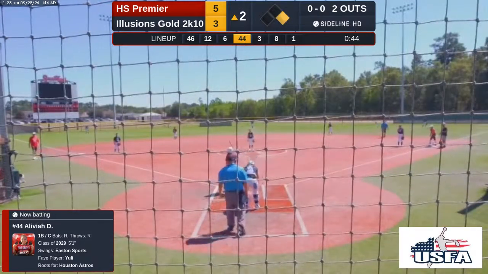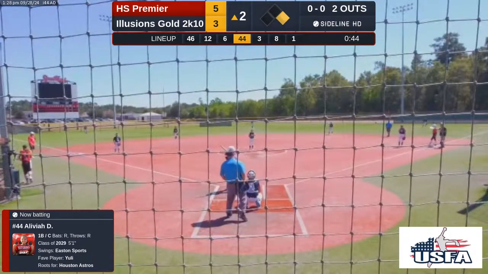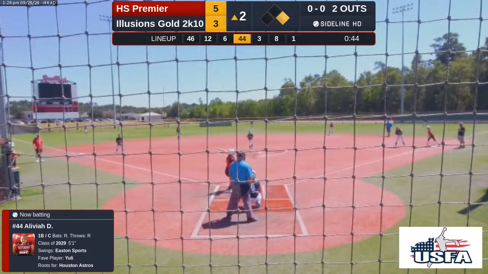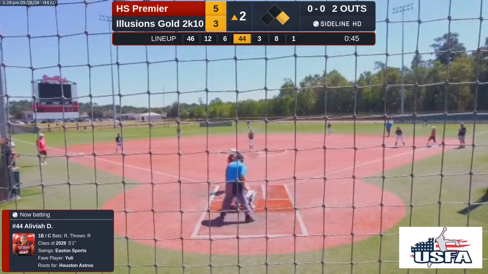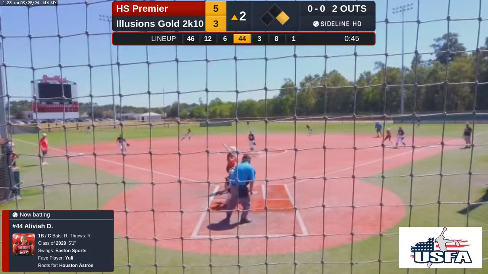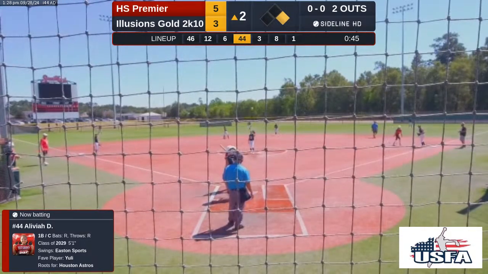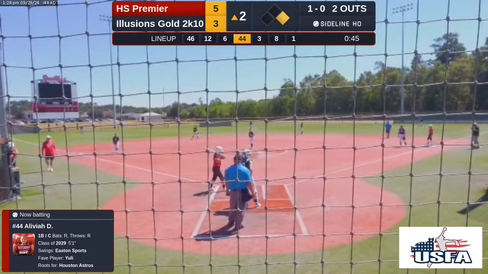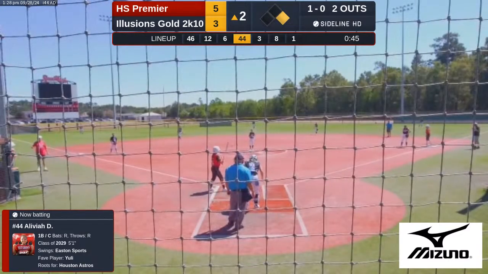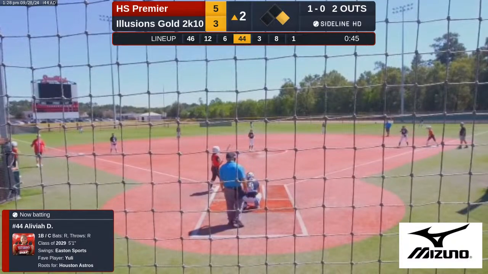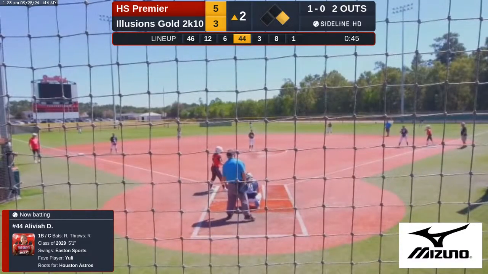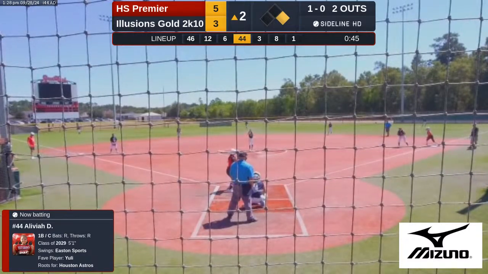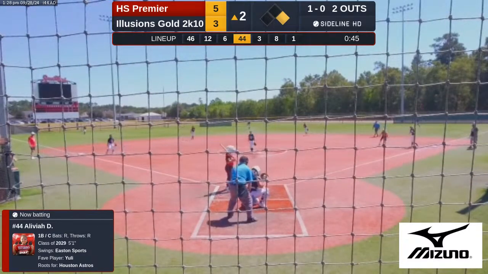Olivia Diaz is your batter. It pitches behind Olivia's ankles again, and that's the fourth one to her that she has not moved and has been behind her foot. She actually was hit by the pitch last at bat in the ankle, and she's had several others that have been behind her feet without moving. That pitch is up and away, ball 2.